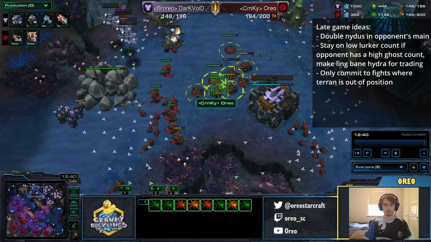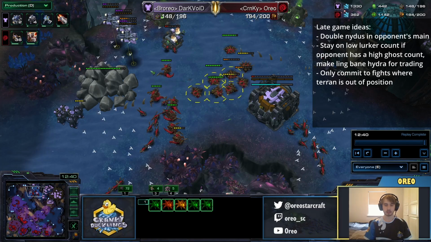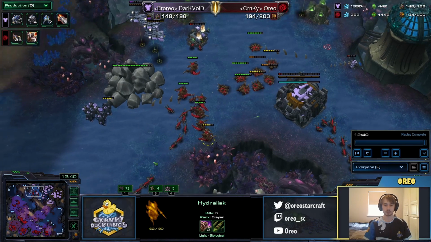Other than that, as soon as he gets a high ghost count, you want to stay on a pretty low lurker count and mostly play Hydraling Bane, but I'll make a video on late game compositions and plans in the future. So this was a video where my opponent played 2cc Liberator, and I defended it without losing much,